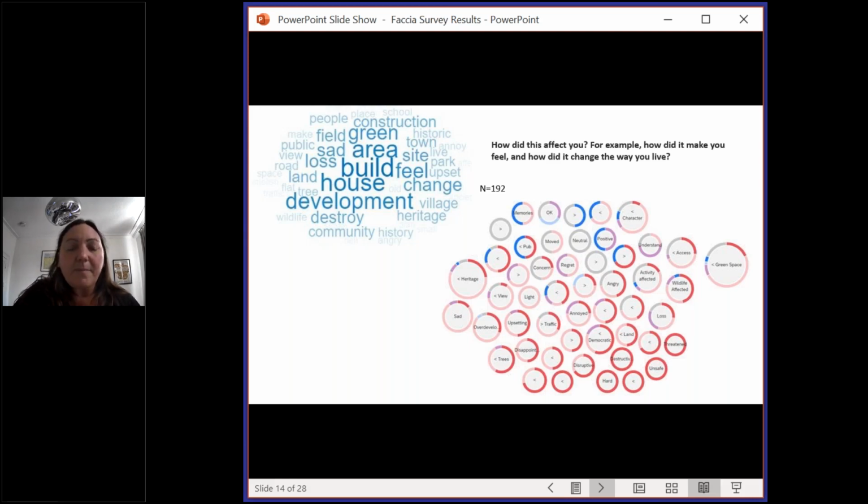And some of the biggest things that people were concerned about were loss of green space. You can see that off to the right. Off to the left, you can see a loss of heritage. Up to the upper right corner, a lot of people mentioned a loss of local character associated with development. People were also worried about wildlife and habitat destruction. Several people also mentioned that they felt like the process wasn't really democratic. So they felt like they didn't really have the power, or they weren't listened to in the process, that